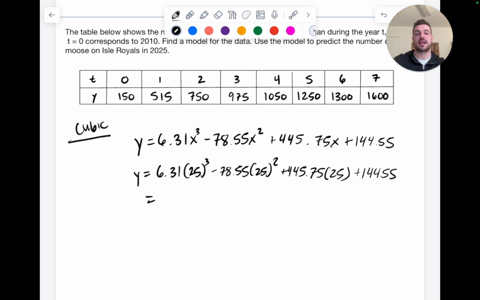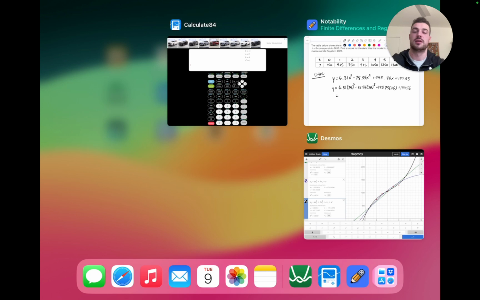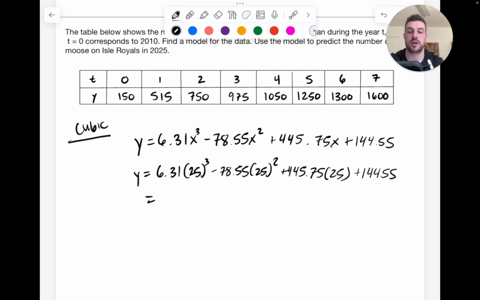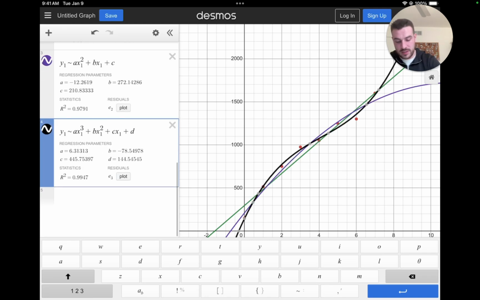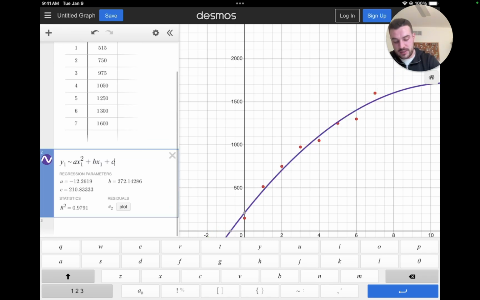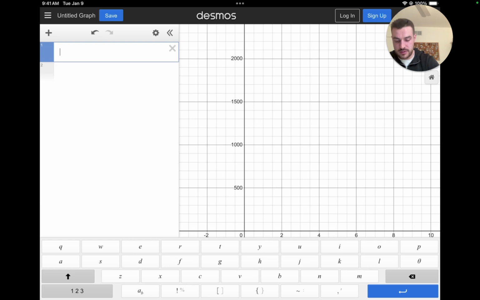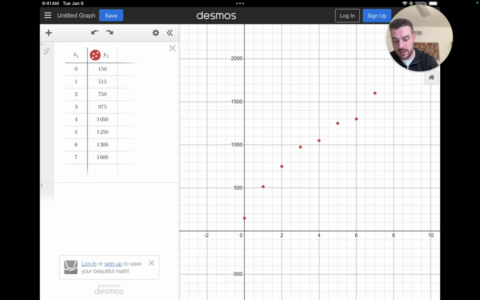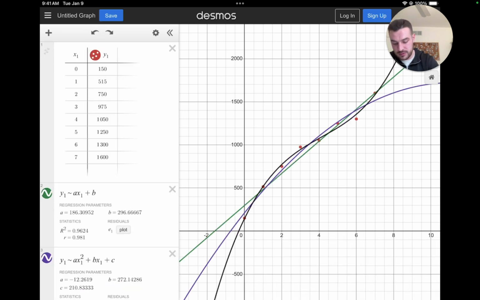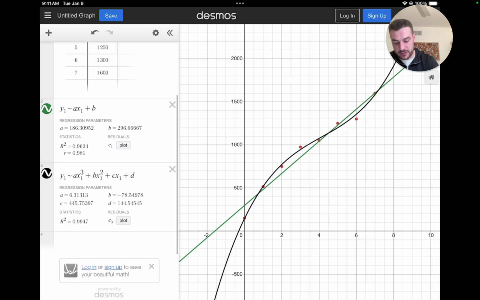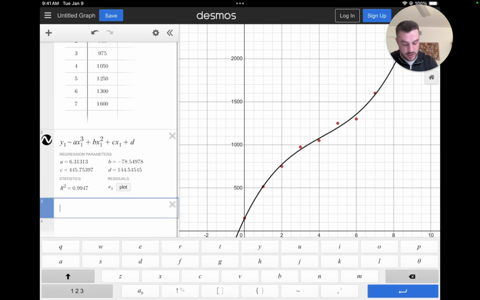And I can do this on a calculator to simplify my work. Let me capture this real quick so we don't waste any more time. I'm going to get rid of some of these. And I'm going to type in, you know what? I might want to keep these. I'm going to get rid of my extra ones. So I'm going to do